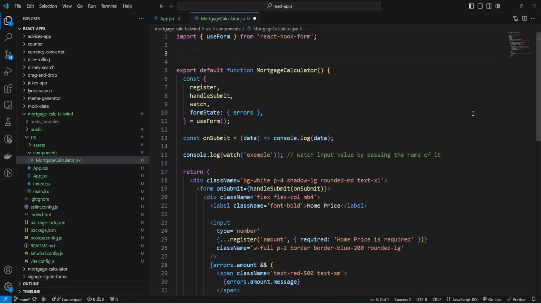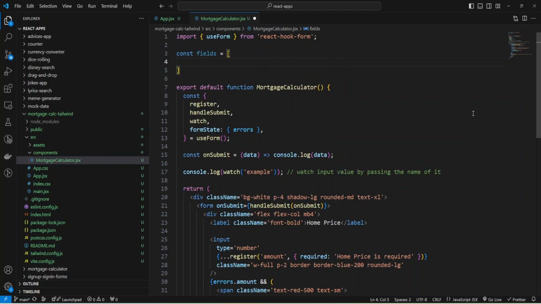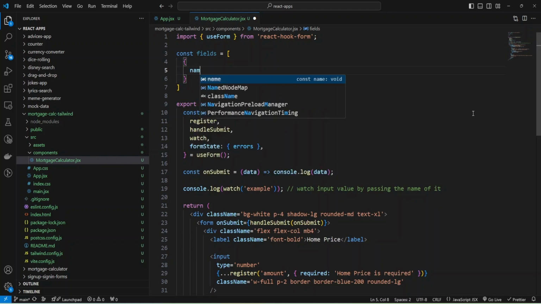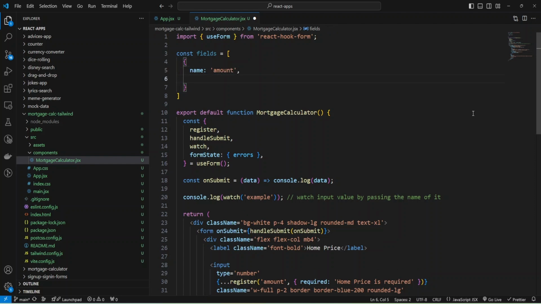And let's do it. I'll create const fields, and each element will be object, and for first I'll provide name amount, and for the second, and also we need a label.